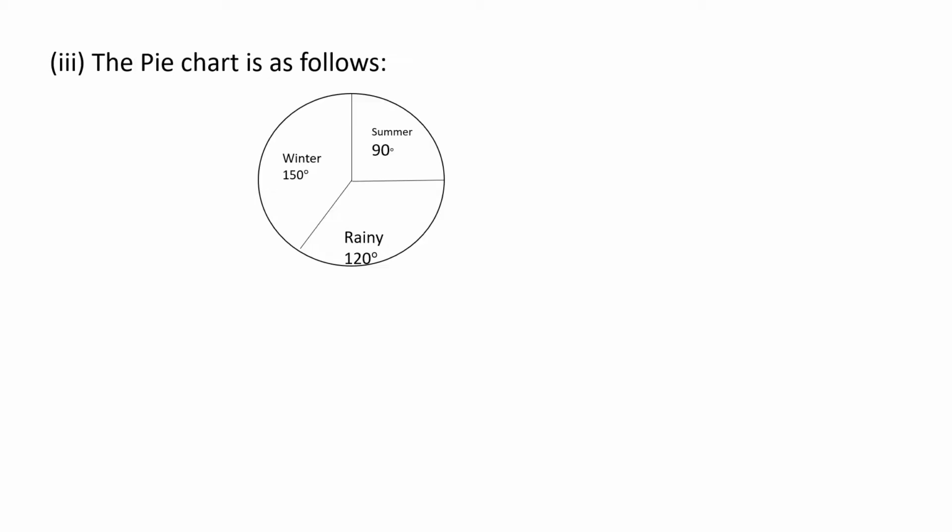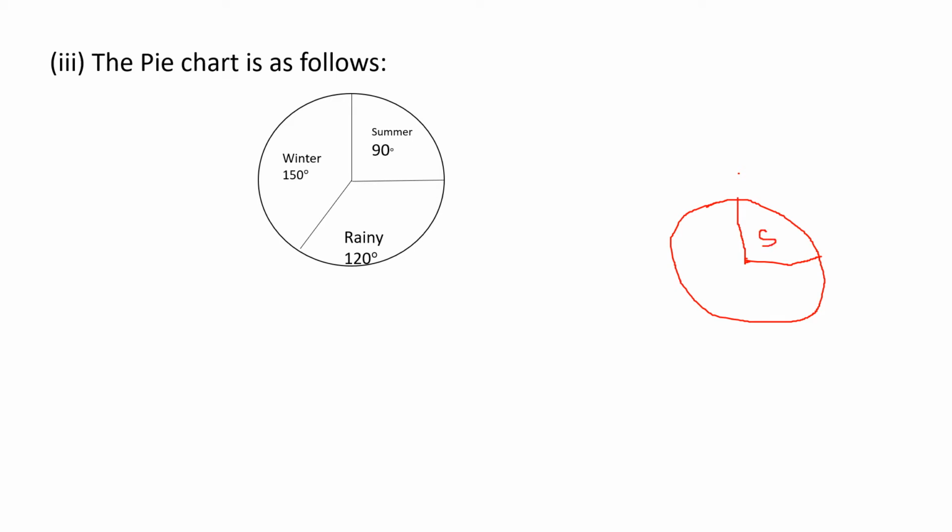Look here. First you have to draw a circle by using a compass. Take any radius and draw a circle. First you will draw a circle, and you have a center point. Right here only you are keeping the compass. This is the center point. This is the radius you are drawing. Next, keep the protractor at this point and mark 90 degrees. Here you will get the point. So you will be drawing 90 degrees. So 90 degrees for summer.